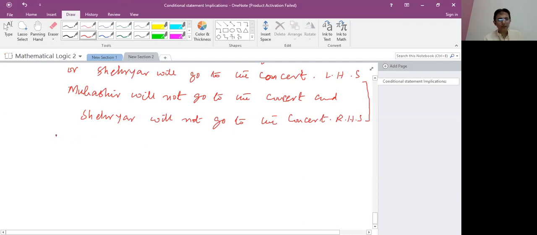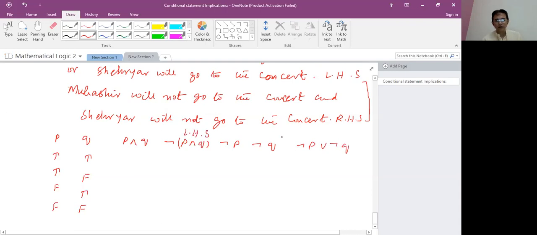If we make a truth table and define the first De Morgan law and the second De Morgan law, with the help of the truth table we will prove it. Now, we consider true, true, false, false for P and true, false, true, false for Q. The first De Morgan law: we consider P and Q, negation of P and Q. For the right hand side, first we make negation P, negation Q, and negation P or negation Q. So this is the left hand side of the first law and this is the right hand side. And find the result with the help of the truth table.